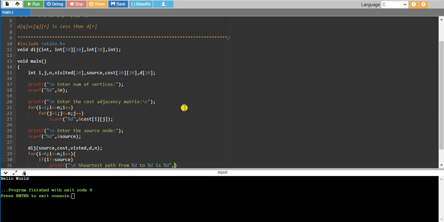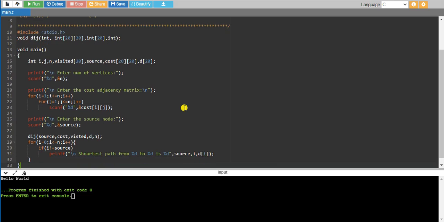The source variable will be containing that particular value. Then we are making use of i with vertex, then the distance of i, that particular vertex, that we are going to print here with the help of this for loop. Then after that,